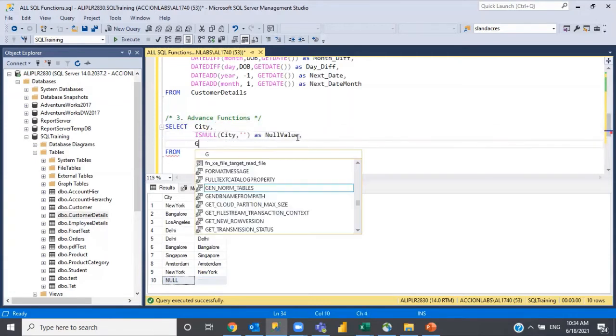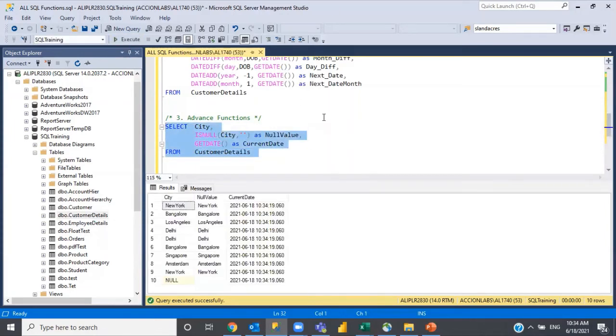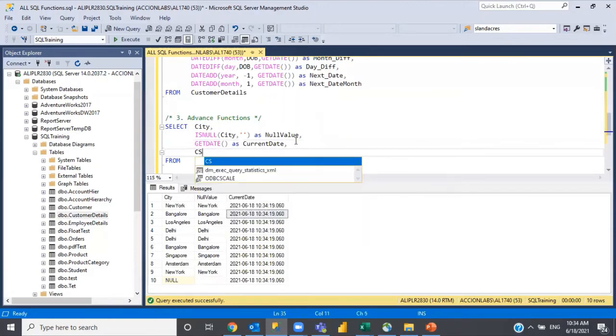Now we have already seen GETDATE as the current date. Suppose you want to convert this value from date to character, that is, convert the data type from date to character. You can use the CAST function for this.